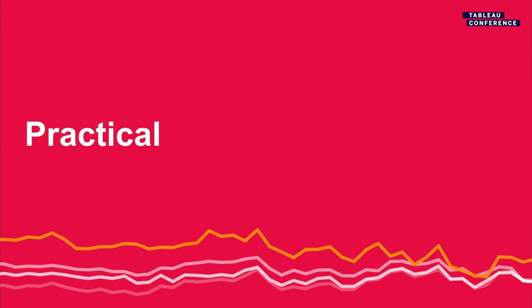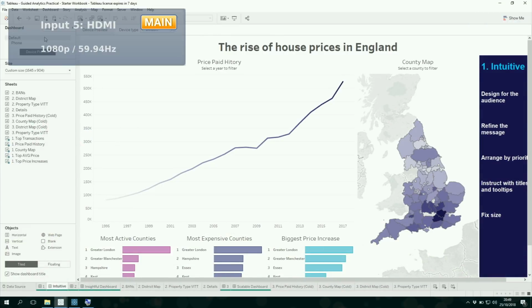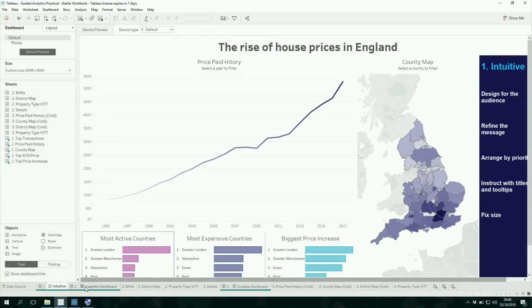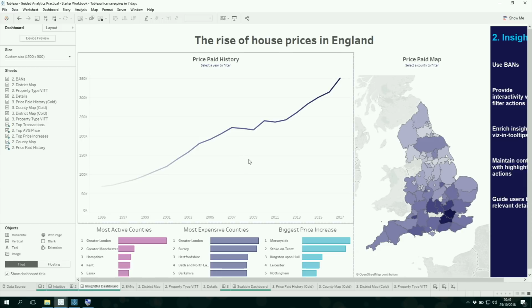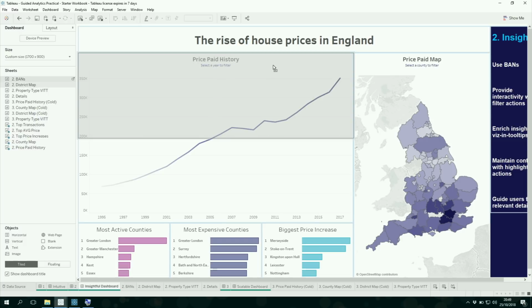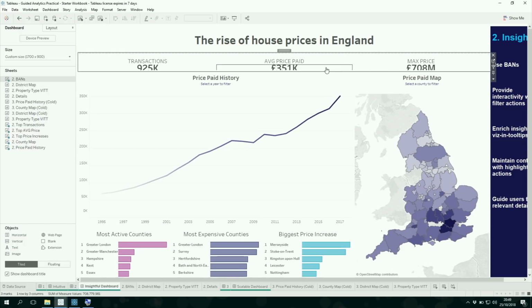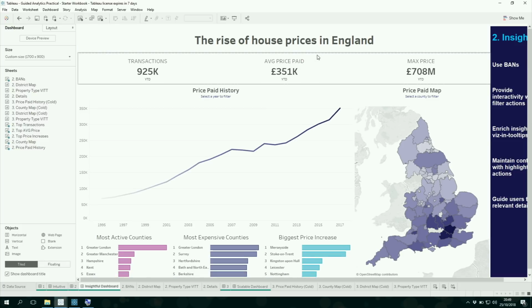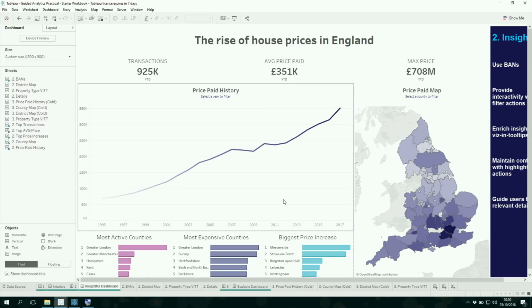Okay, so it feels like time to do a bit more practical, to pull those elements together. All right. So we want to provide some key information at a glance, so let's use those big numbers. I'll drag those to the very well-known spot at the top. All right, perfect. And now I want to add in some interactivity